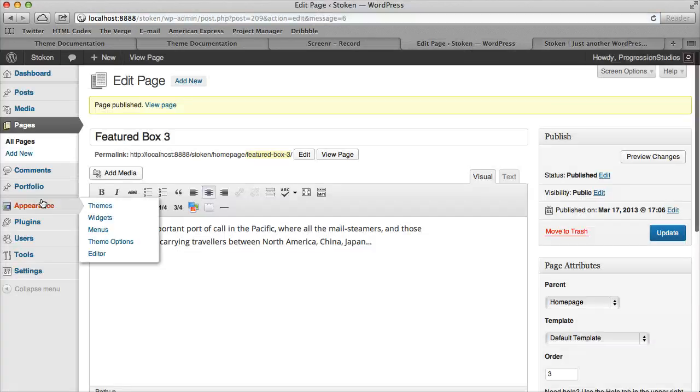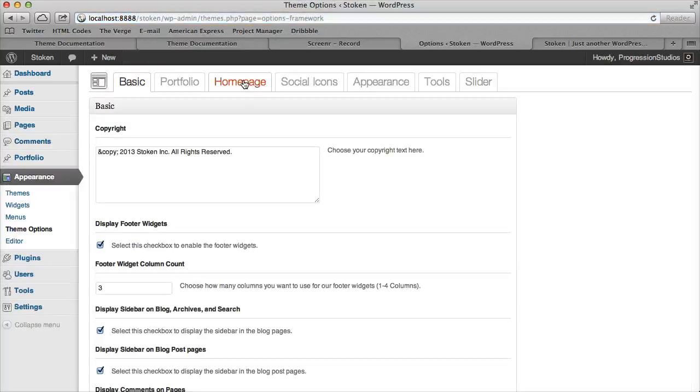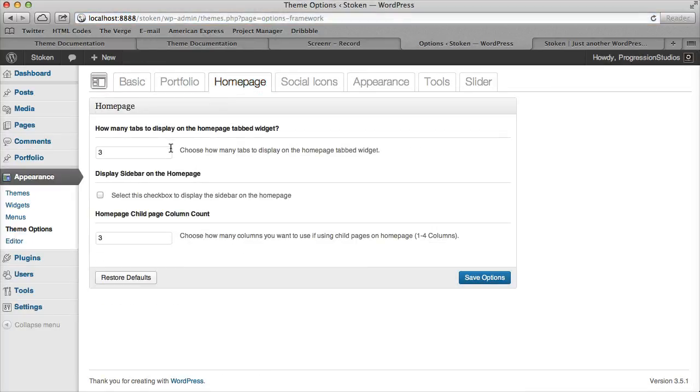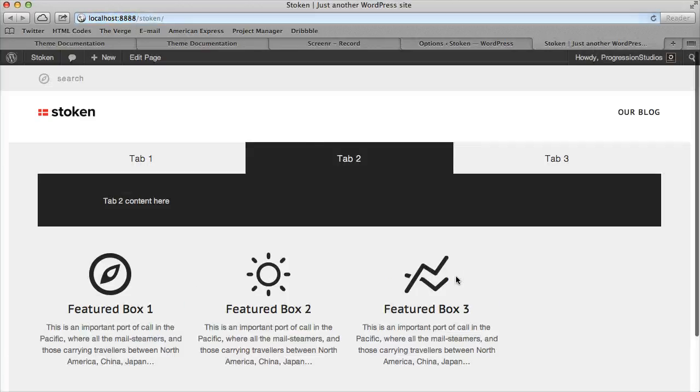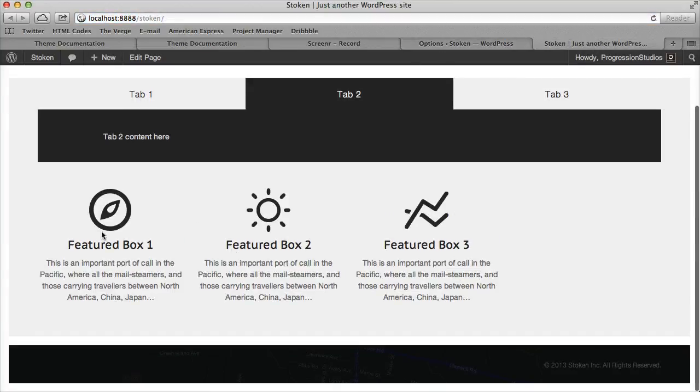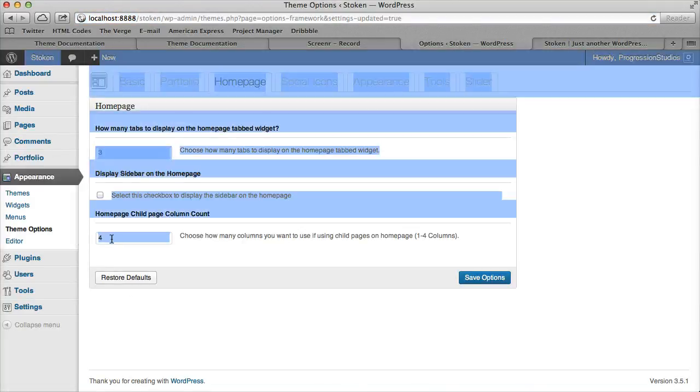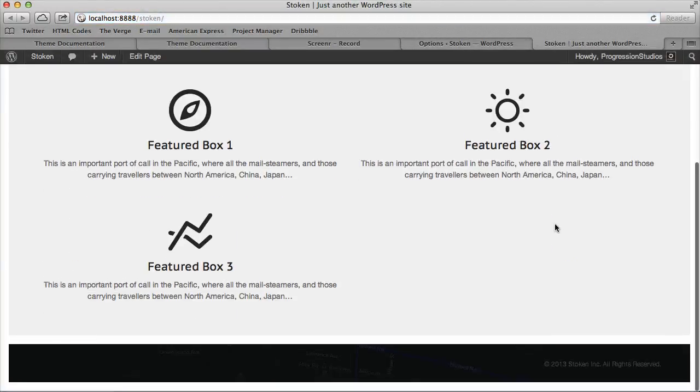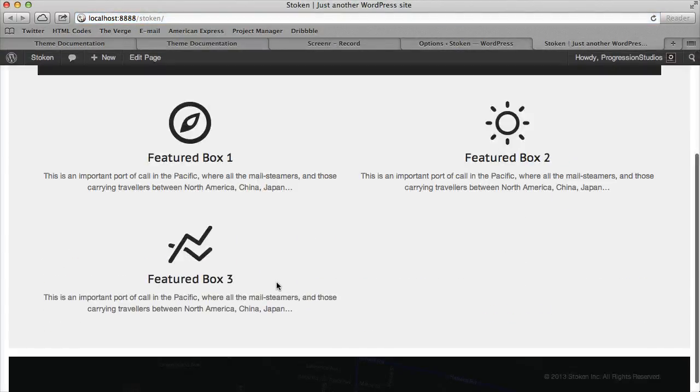And it's pretty cool because we have some theme options under appearance and theme options. Under homepage, you can actually adjust this counter. So if you want to have 4 columns instead of 3, you can do so as well. Or 2 columns instead of 3, you can do that as well. You have a lot of customizing abilities for those home